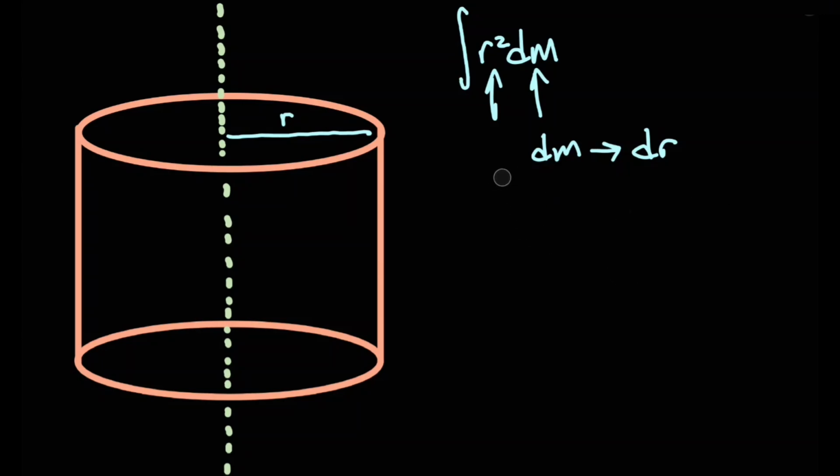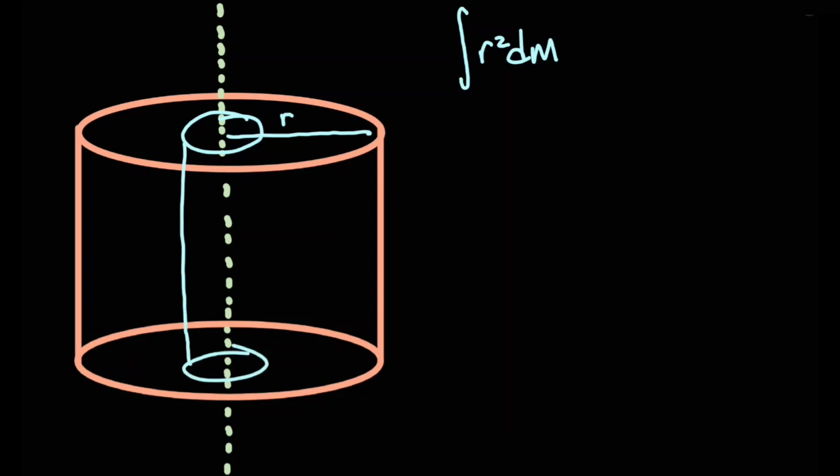So let's figure out what dm is. We want dm to be something that can easily be represented as a function of r. So this looks very similar to something you would learn in AP Calc, which is called the shell method. And you'll know that when you're taking shells of this cylinder, might be bringing back some bad memories for people. Take this shell right here. So we're going to take a small little sliver, we'll call this dr,